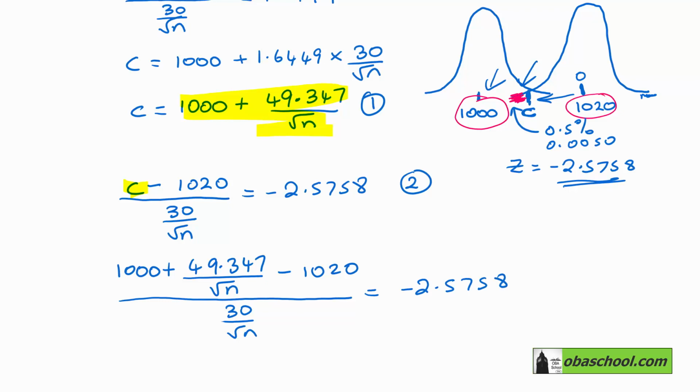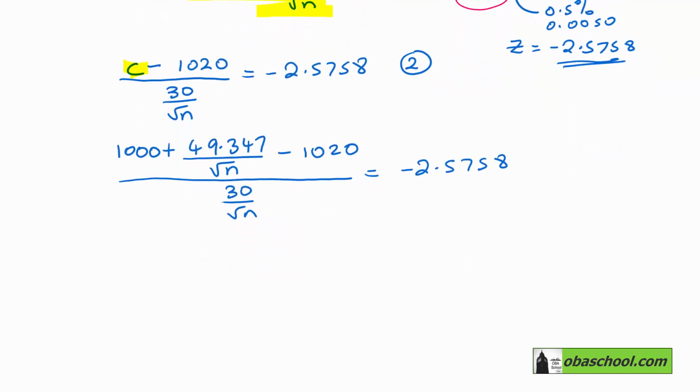And all we have to do now is some algebra. It's not absolutely straightforward, but let's work our way through it. So, first thing I'm going to do is take this up over here. And then when I've done that, I'm going to simplify these terms here. So that's going to give me